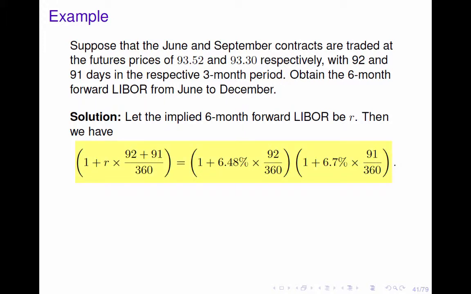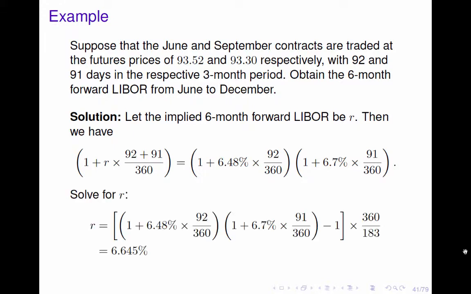We have the following equation. Note that LIBOR follows actual over 360 convention. Solving R from the above equation, we get that the 6 months forward LIBOR from June to September is